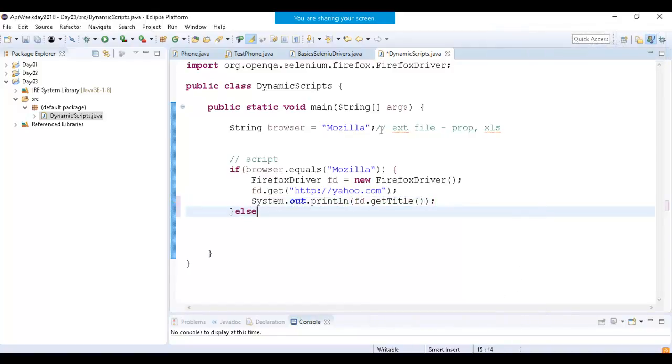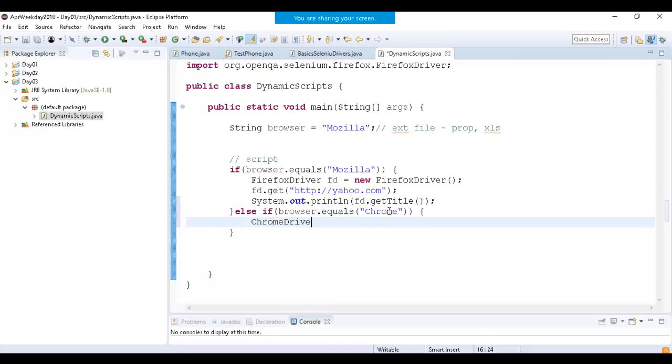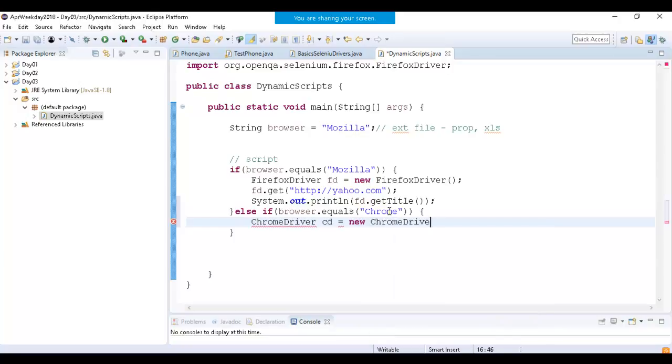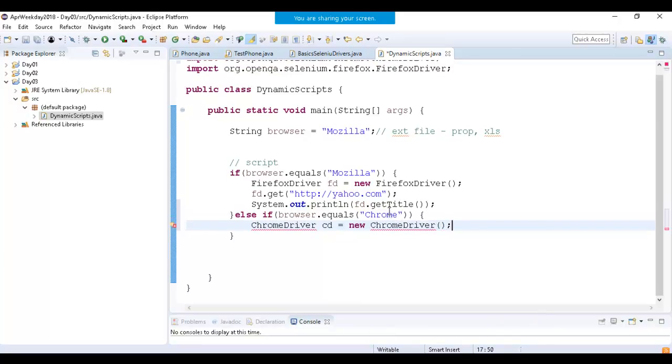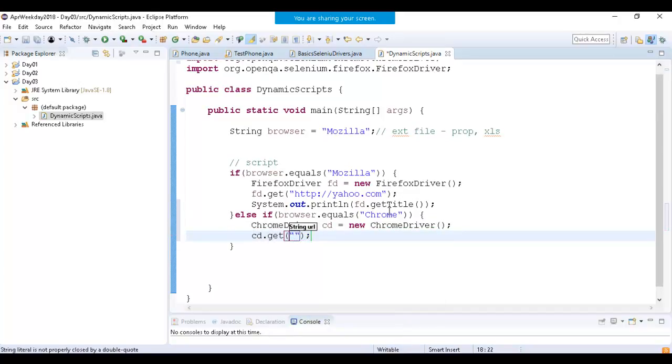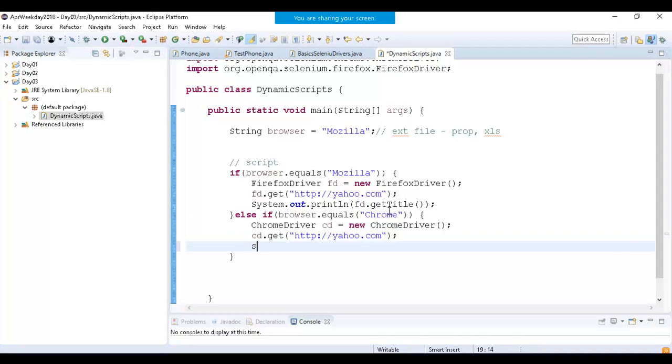Okay. Similarly, you can put an else condition over here. Else if the browser is equal to Chrome, then you initialize your Chrome driver. Fine, and you take the Chrome driver to yahoo.com. Okay, and get the